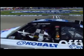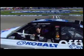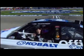On a day we were all springing forward, 40-year-old Tony Stewart turns back the hands of time and into victory lane, the earliest he's won a race. This is the 3rd race of the season. What does that say? Usually a strong finisher at the end of the year. Thumbs up